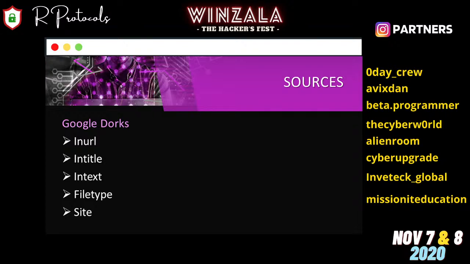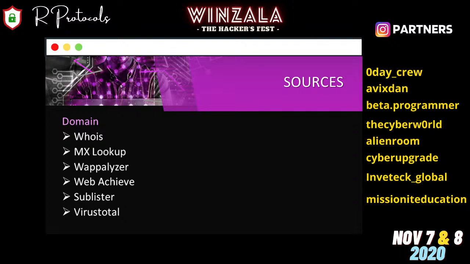And the next one is domain, where we have plenty of websites as well as tools to enumerate it. Some of the tools which help us enumerate subdomains are Sublist3r and VirusTotal. Sublist3r is a tool you can download for free from GitHub, and VirusTotal is an online website which provides the subdomains of a target domain.